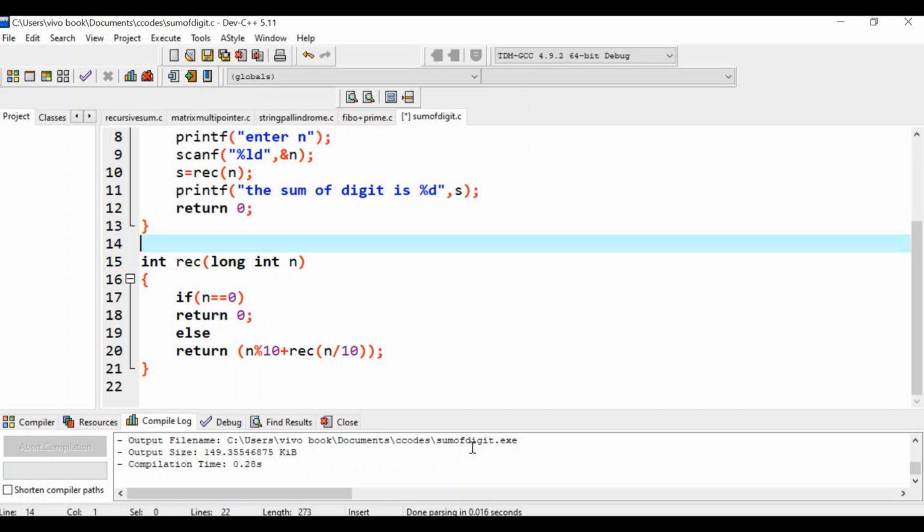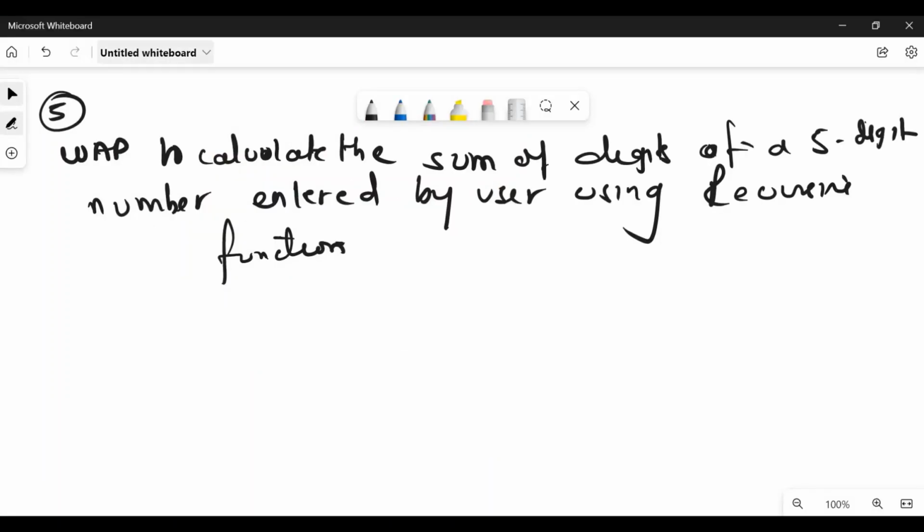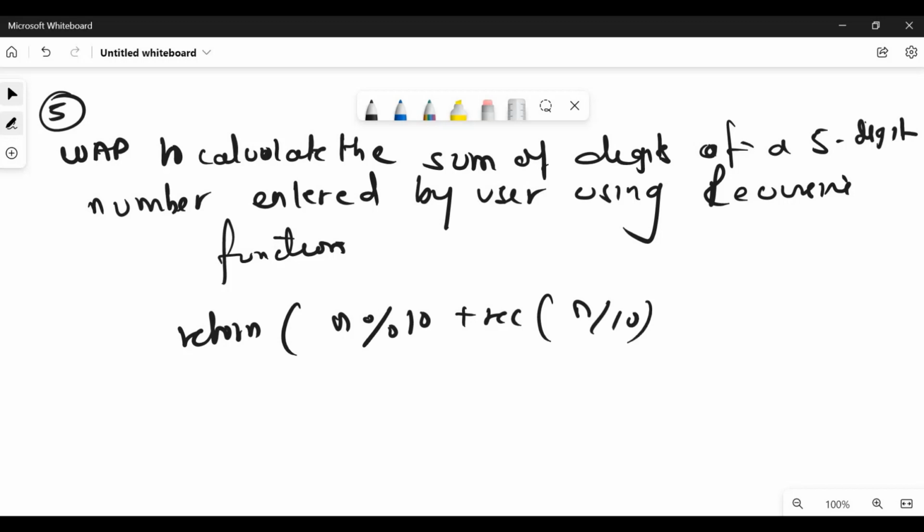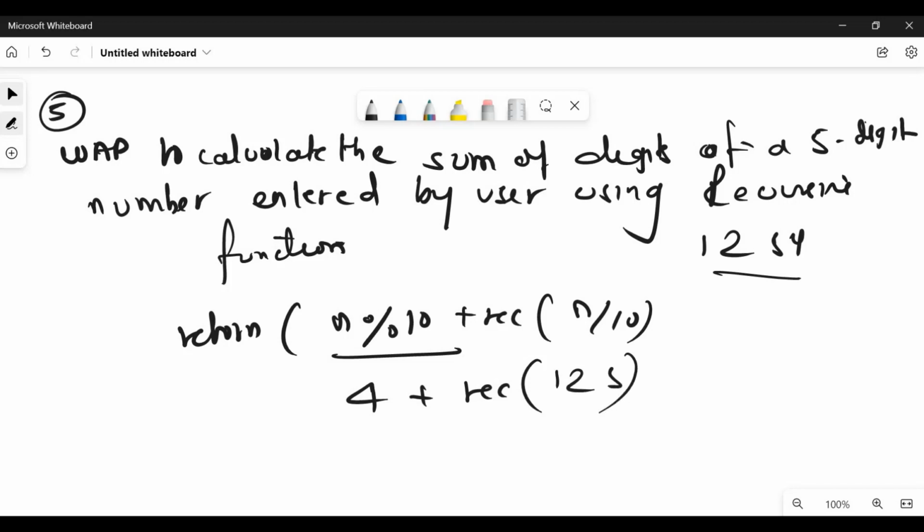Okay, so if you are confused, let me explain. It is like return n mod 10 plus rec of n divided by 10. Let us take the number as 1234. So what happens, n mod 10 is 4, so 4 plus rec of n by 10, which is 123. Okay, so again it goes to the function. This is the first step. In the next call, the number is 123, so